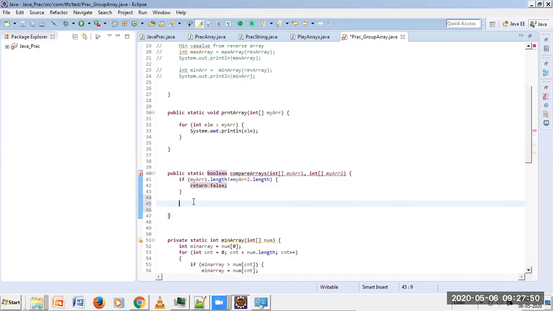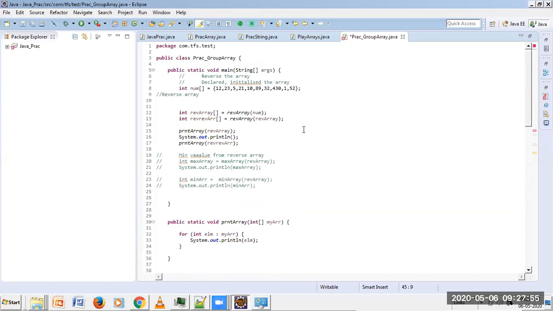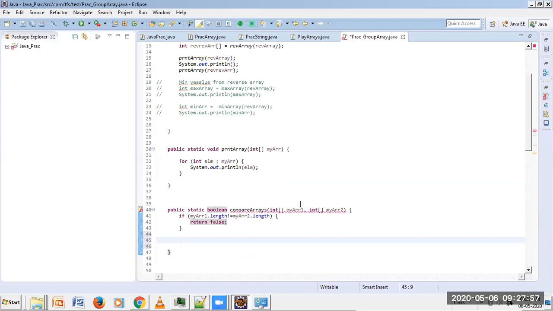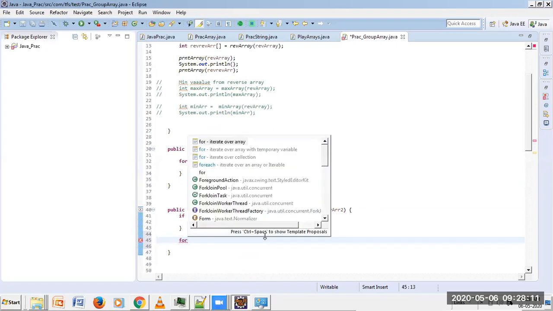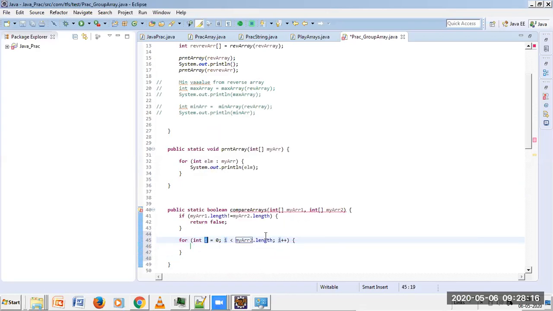Now, how do I compare both the arrays? Considering it's not the reverse of the array which I'm comparing, be with me. I'm considering both the arrays would be sequentially the same. So I can take a for loop and iterate across. I can say count equals 0, count less than any array length, shouldn't be a problem.